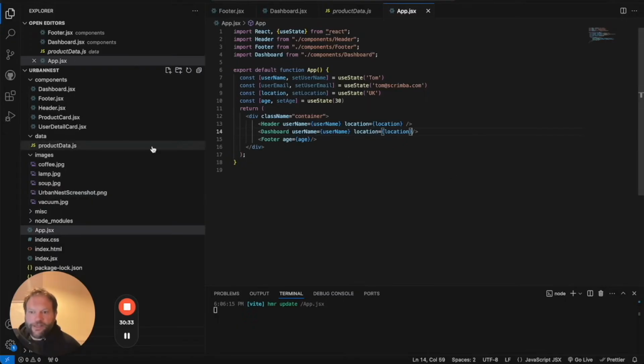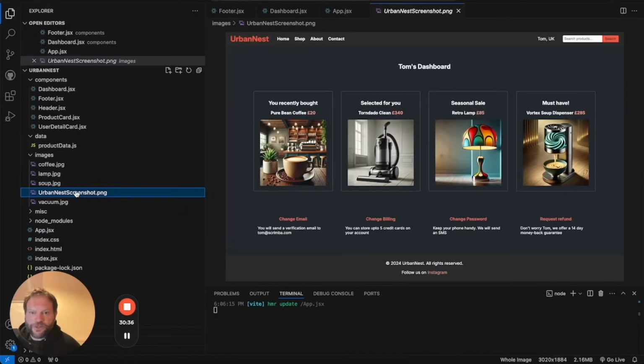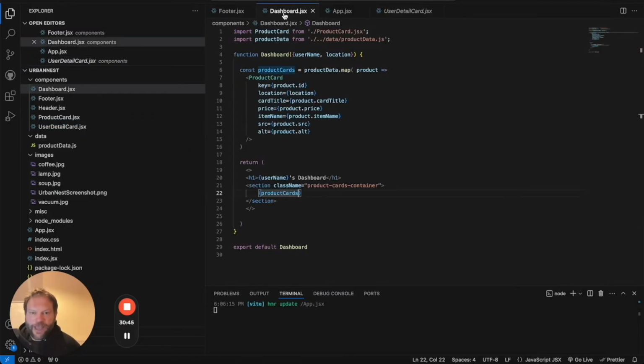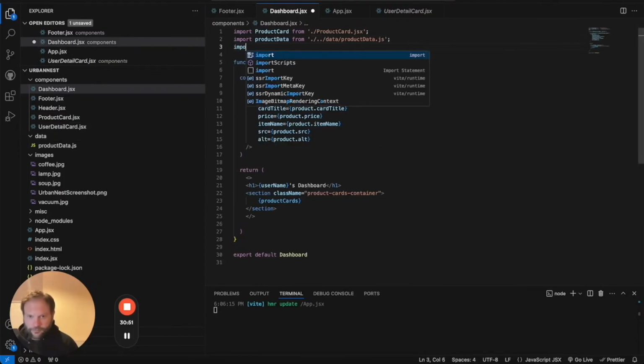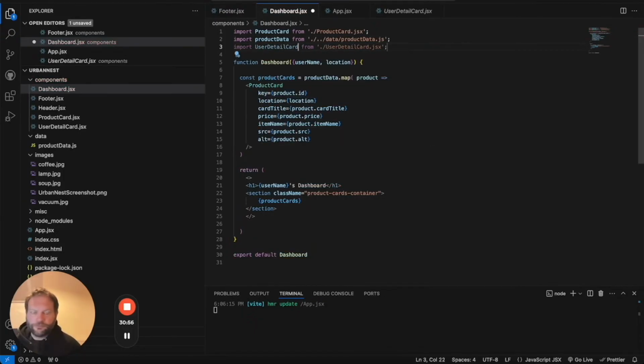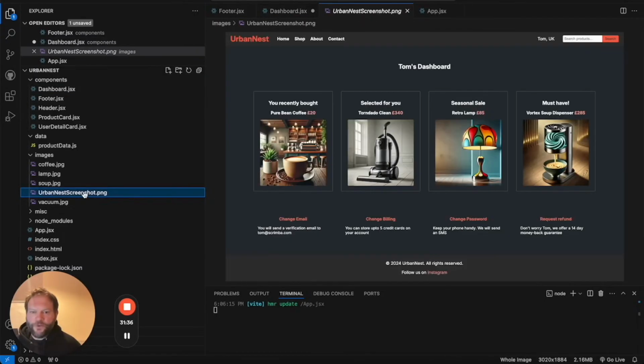Now, we're not done because go back to the screenshots. Well, we need these user detail cards as well. We've already got a component for that right here. So all we need to do is bring those in. So back at the dashboard, let's import user detail cards. And as they are actually the main content on that page, they are going to go in an HTML main element. Now we know we want 4 of them.